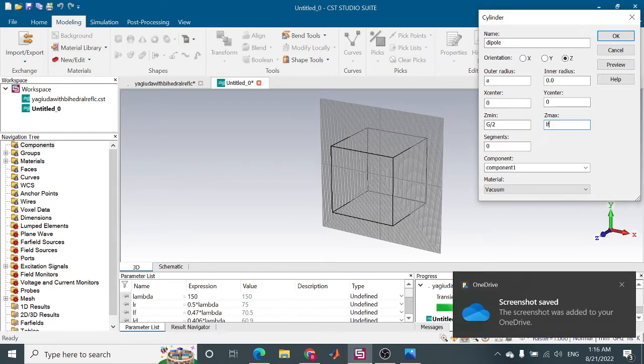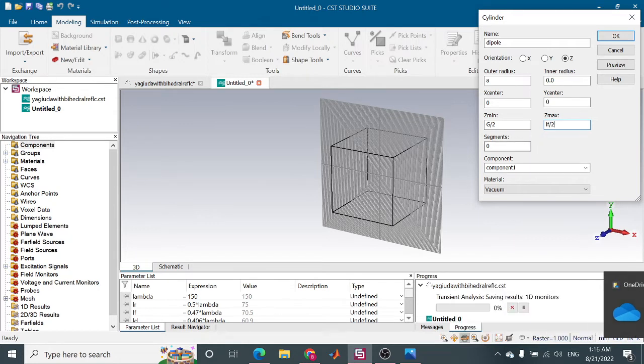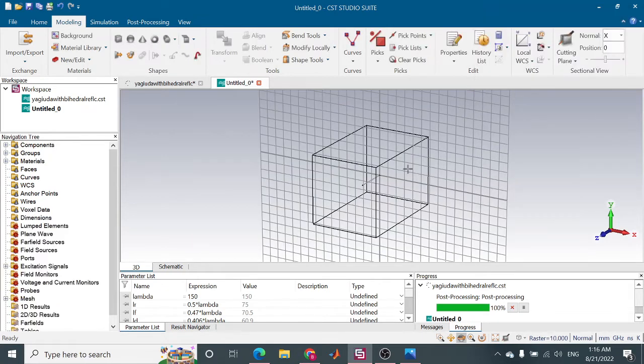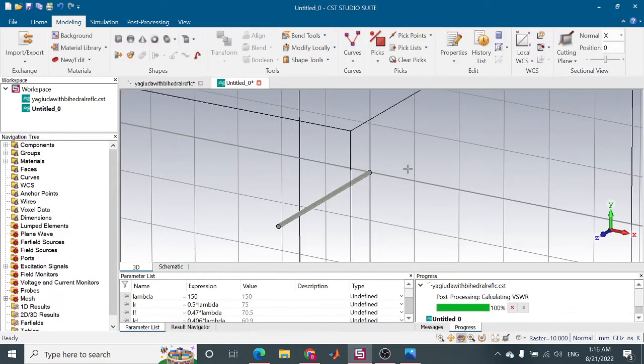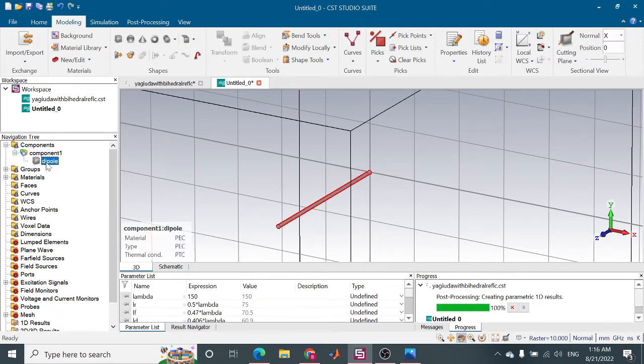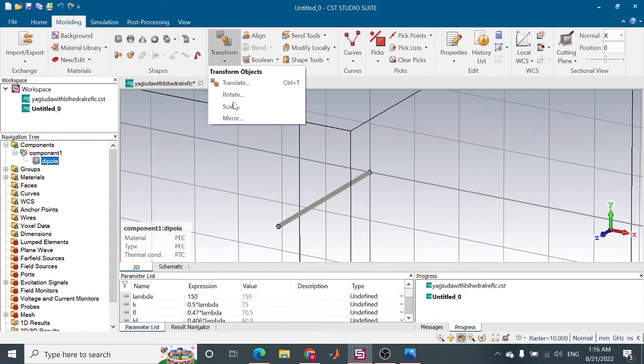So length of feeder divided by 2, and it should be PEC. Okay, you can see that I have made this table. Next I am going to select this, go to components, component 1, select your dipole, go to transform and